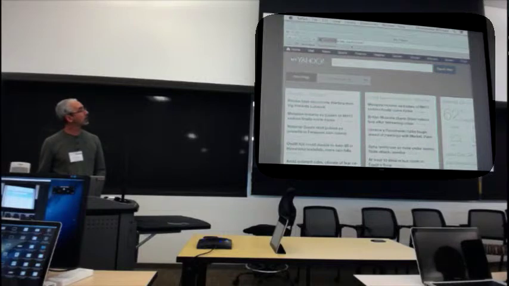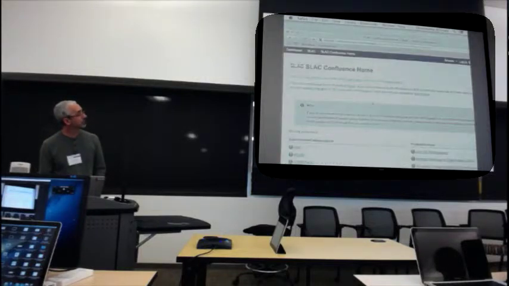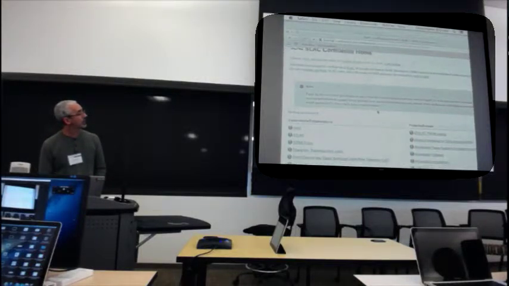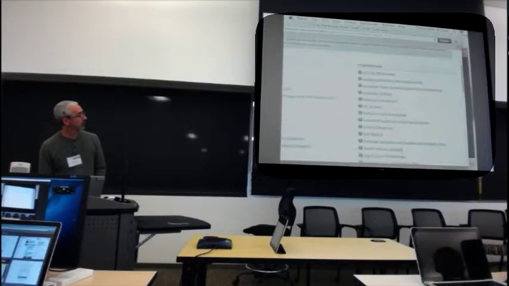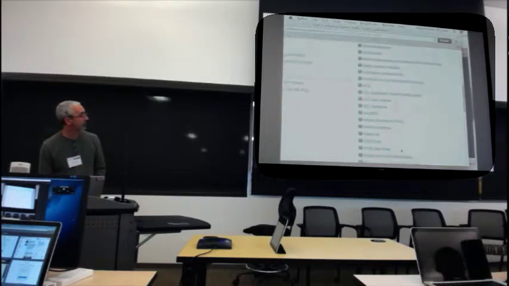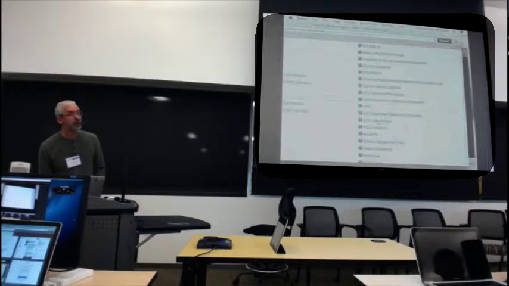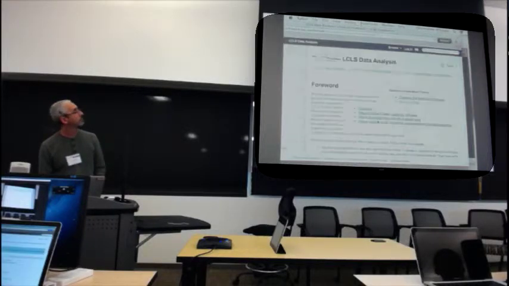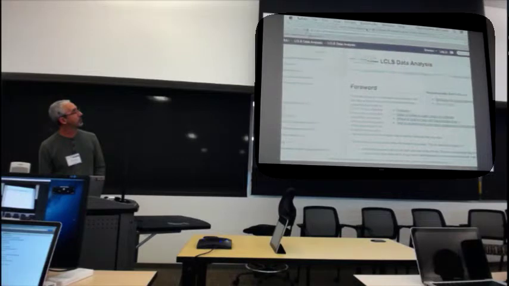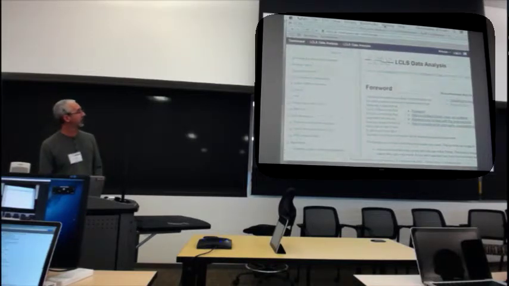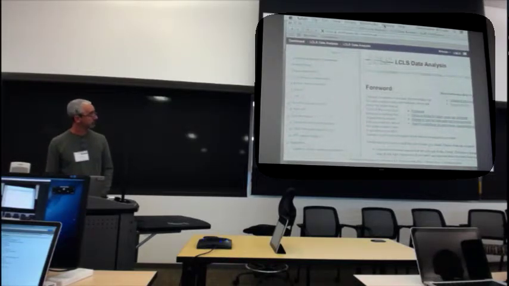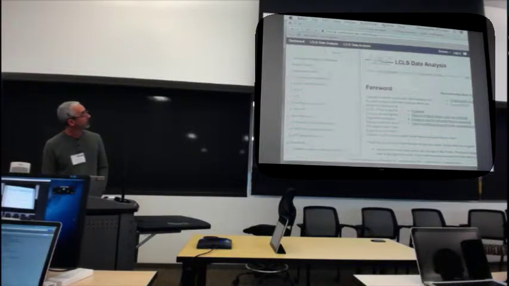This is being slow to load for me because everybody's doing it. The key point here is just to get logged into Psana, which many of you have already done, but we're going to step through it, especially since this is the first one of the day. Then on the right-hand side, you find LCLS data analysis. This is where all the documentation for Psana-style LCLS data analysis is. Then you go to the fifth one down and click on Psana Python interface.